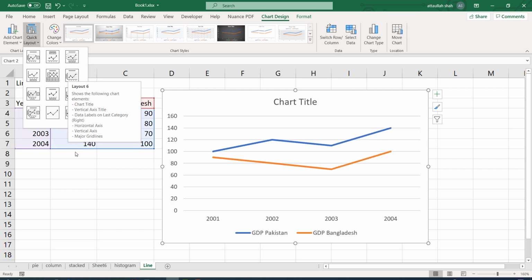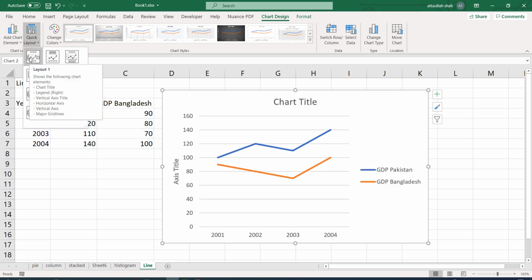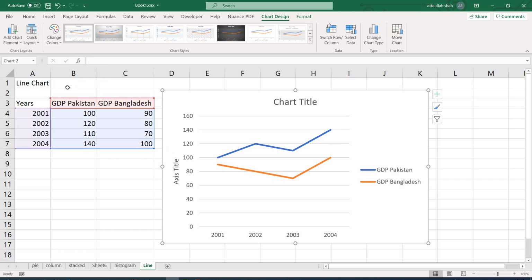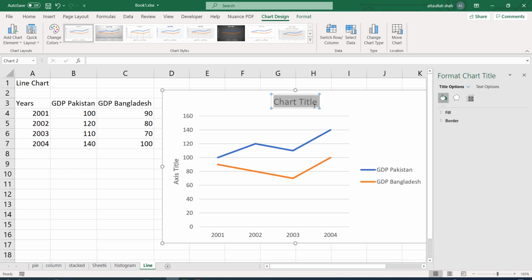But if I need both axes, the y and the other axis, I can go for this one. For example, here I can now change the title.